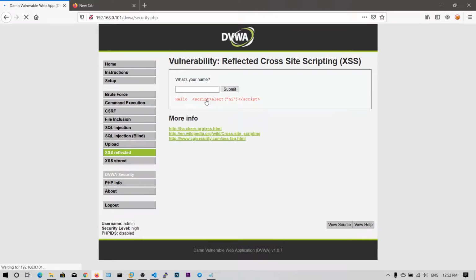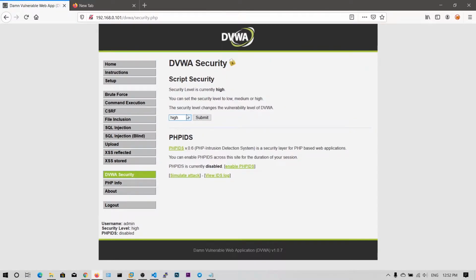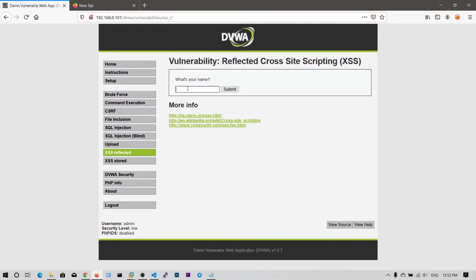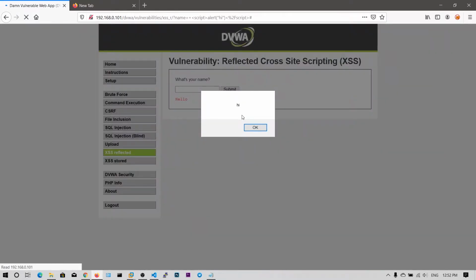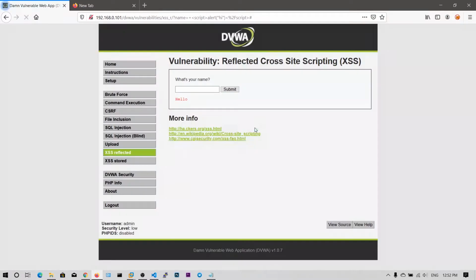Let me change the security to low, because I want to demonstrate the cookie stealing, so that's why we put the security low. If you have bypassed these filters, you can apply this method, and you can see there is JavaScript executed. There is an alert box saying hi.